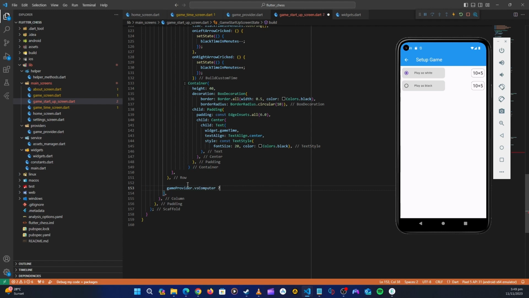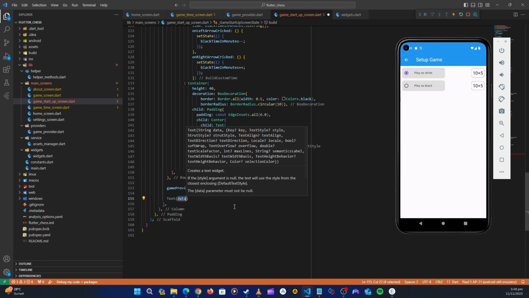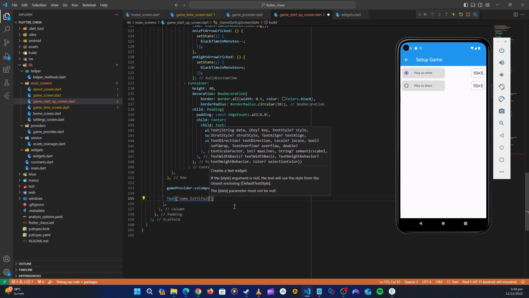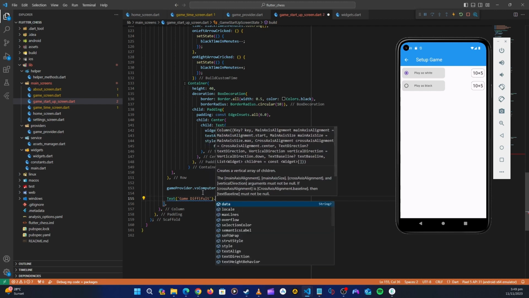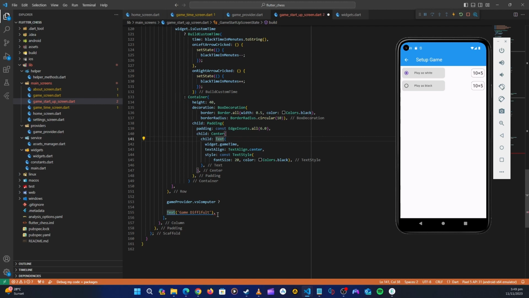if this is true, then we are going to show the text down here which says, let's put here, text, game difficulty. Okay, like this. That's how we are going to show it. Else we are just going to show